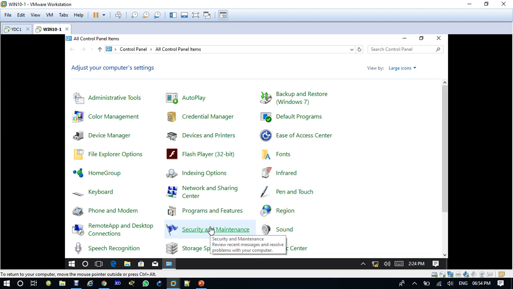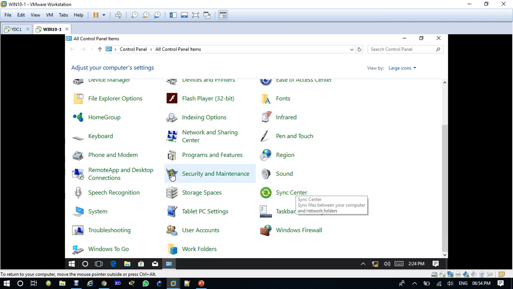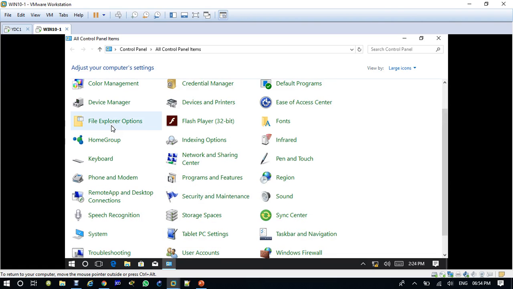So this is the control panel items group policy. You can hide those items so they are not seen by the client, and if he cannot see it, he cannot use it. This is one policy, how to hide control panel items.